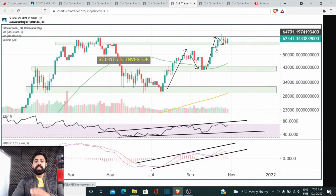You see the same stuff happening here. Just the scale is a little bit less. So here you went up, you tested this previous resistance and it was acting as a resistance even at that time. That's the most important stuff there. Then you broke that one. Now you're coming back to retest this and you're getting that bounce, which really is important